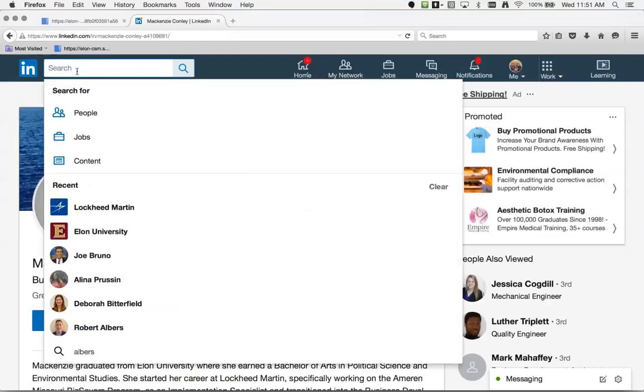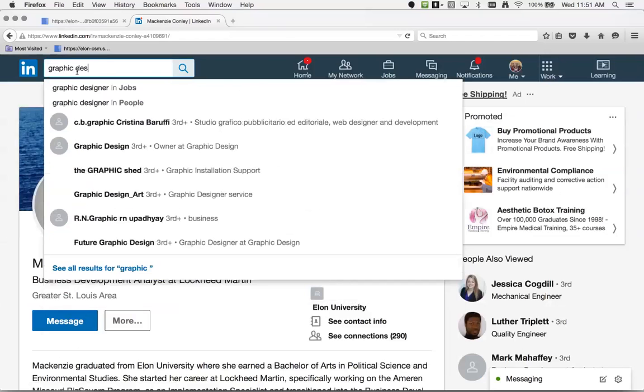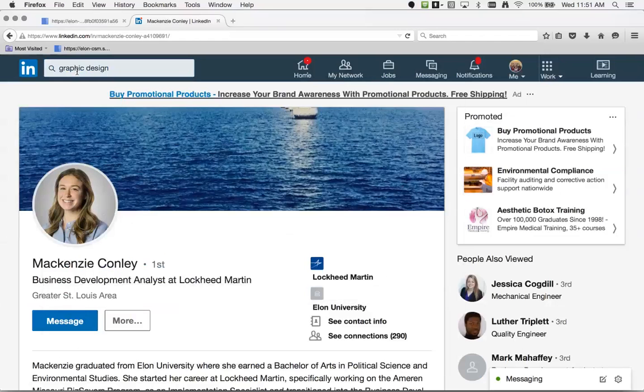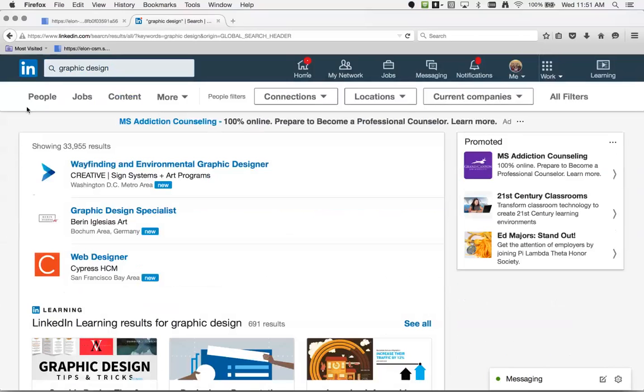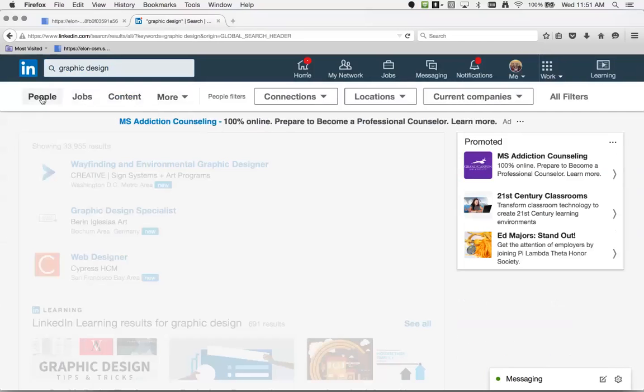Also in searches, if you were to type in something like graphic design, you'll see that you can sort by people, jobs, content, and more. And more could be a group or a school or a company. So graphic design, I can sort by people.